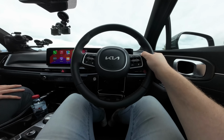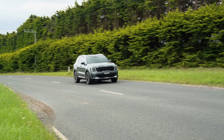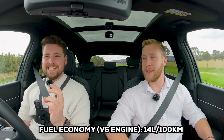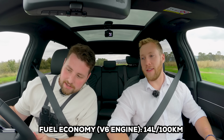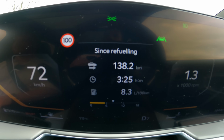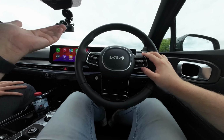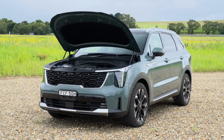On our drive today, and this is mostly highway or country road anyway, we were averaging 14 litres per 100 kilometres. But look at this, the diesel is 8.3, so much better. Almost half, like 50% better, which is absurd. And to be fair, most people are actually buying the diesel, the little daddy diesel,